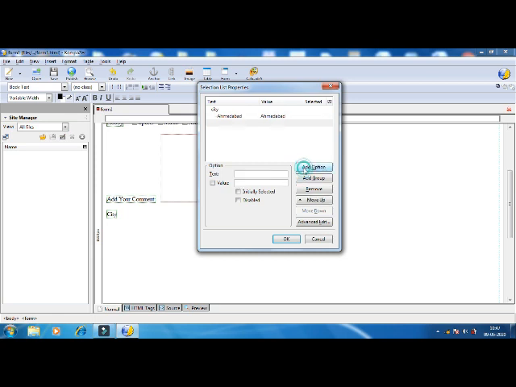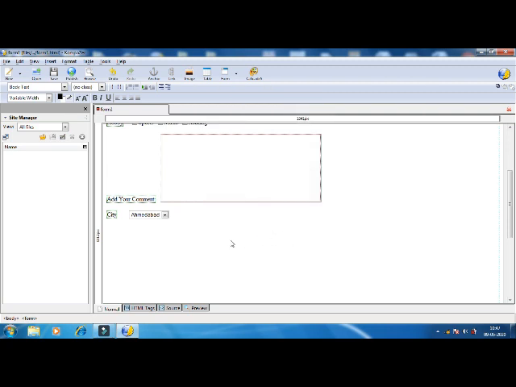Second, Vadodara. Third city name, Surat. And Rajkot. Now you can see that a selection list is inserted there, which is a drop down list having multiple options, and only one option is visible there.